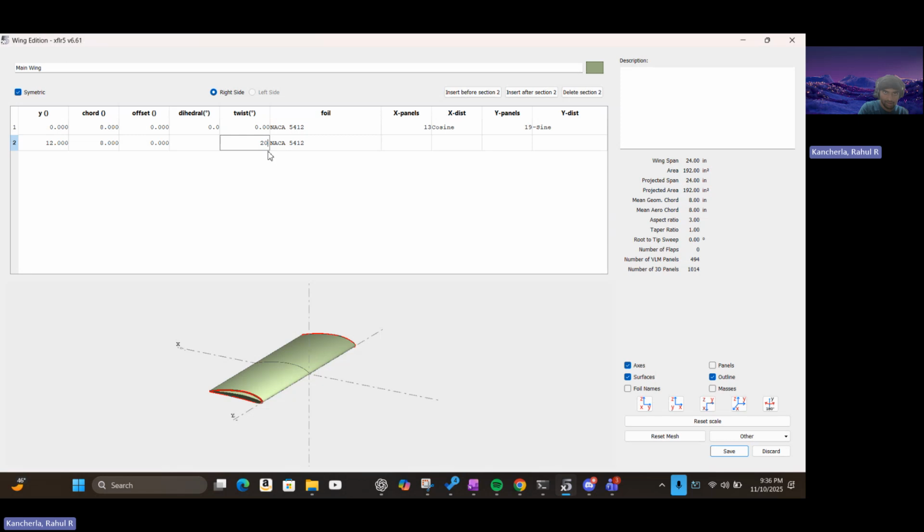Twist literally twists your airfoil, right? There's some cases where this might be useful, but honestly, I've never had to do something this crazy, crazy advanced, whatever you want to call it, before. So yeah, and then